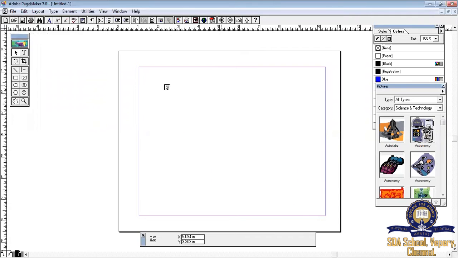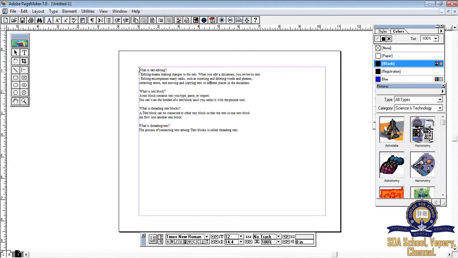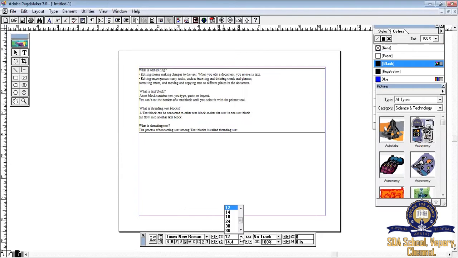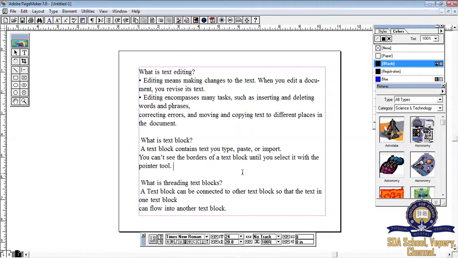Now we can see the flashing vertical bar changes to a loaded text icon. Place this loaded text icon in any part of your page and click. The text is being imported from file number 3 to the page. Since the text size is very small, select the text with the help of your text tool. At the bottom, we can see the character control palette window. Increase the font size to 24. Right? Now the size of the text has increased.